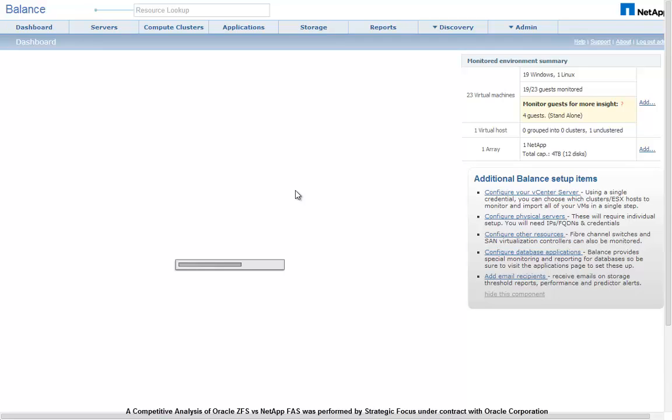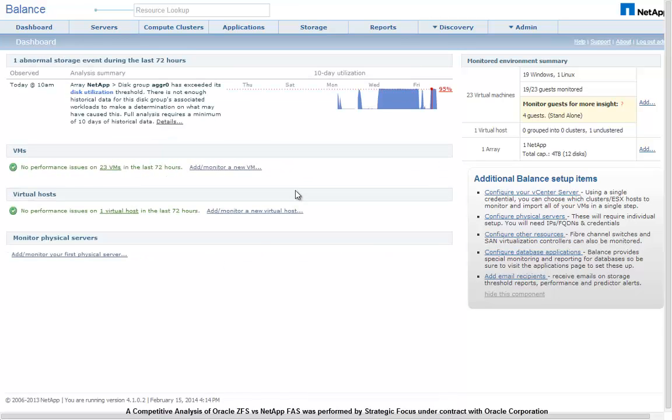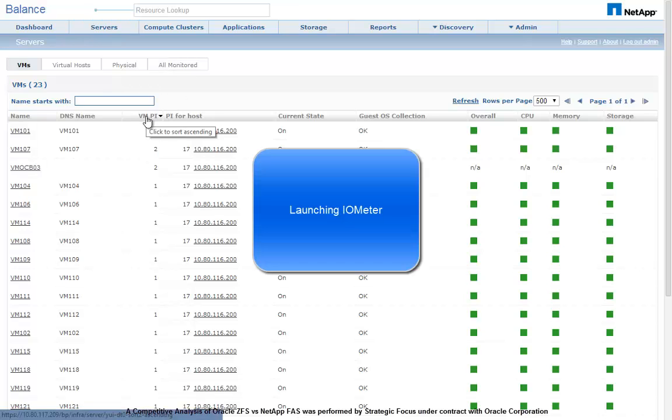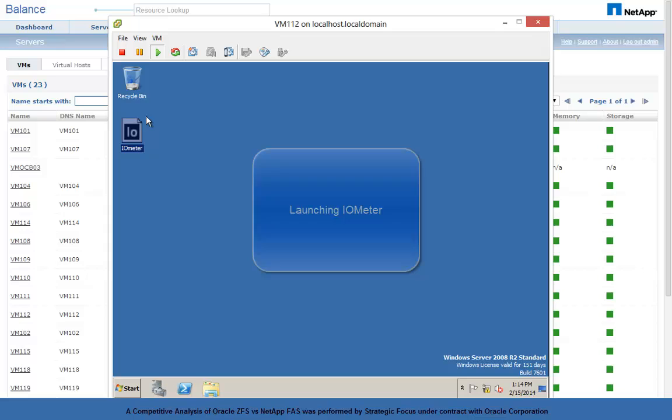Here is the default OnCommand dashboard. Let's review the high-level status of the virtual machines. We can see the number of virtual machines monitored, arrays, and overall health of the environment. Let's look at the servers and the current server's health. The VM PI is the performance index of the VM, and we are going to base most of our analytics